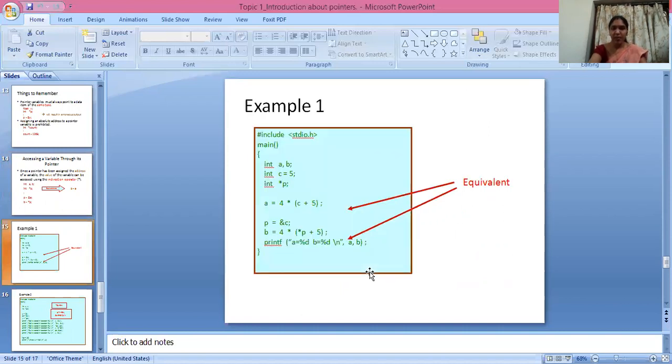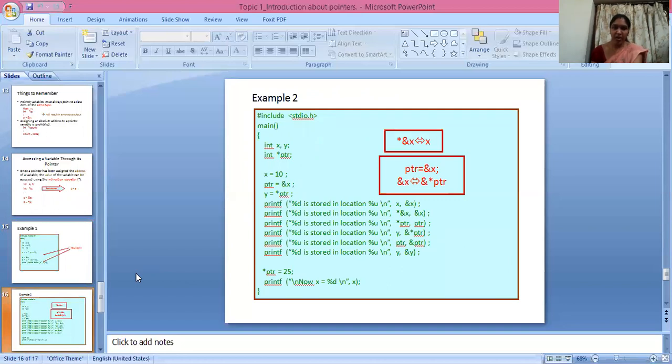Next, example. Here I take a and b as int, c as int, and int *p. Here a = 4 * c + 5. Here p = &c, and these printf statements are equivalent.